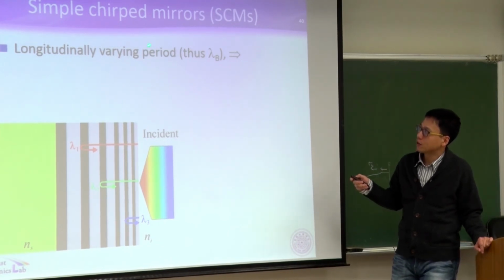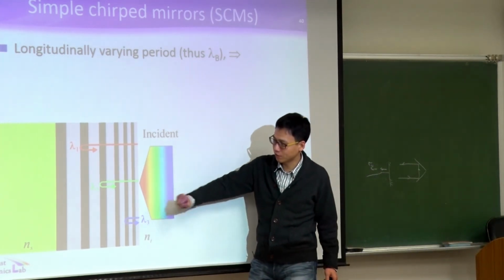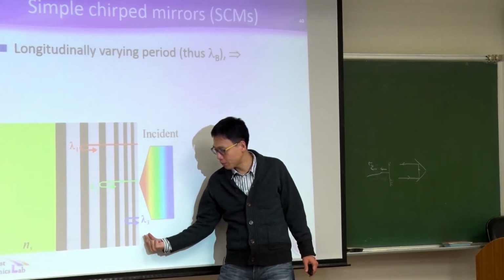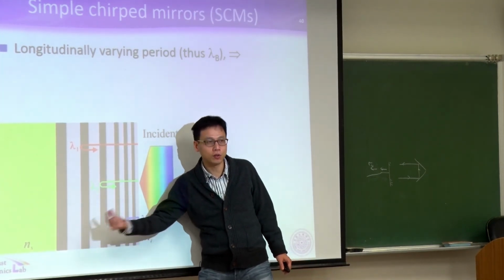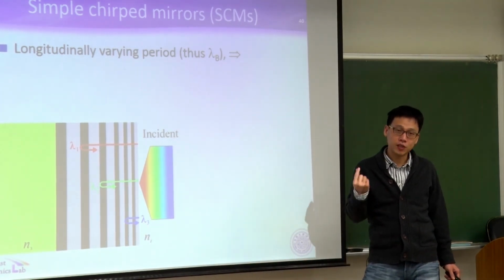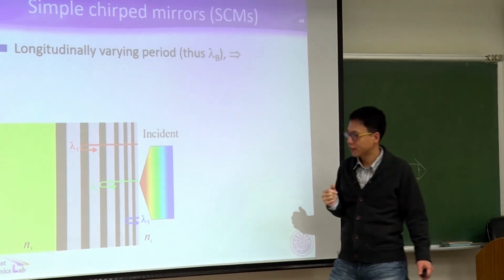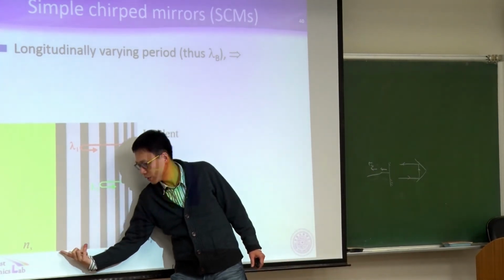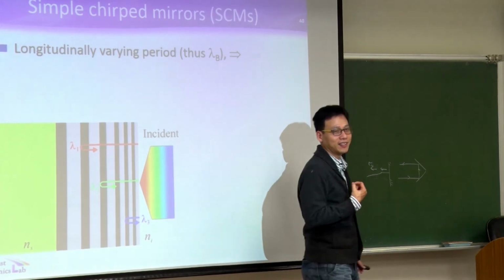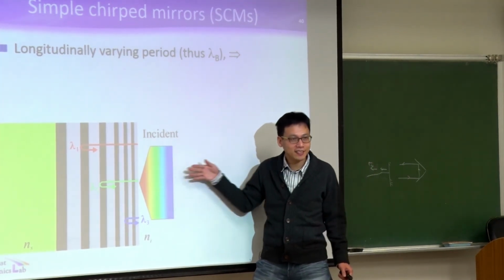longitudinally varying the period. Okay, so I illustrate the idea like this figure. This is your substrate. Standard DBR, you have N1, N2, N1, N2 all the way. Okay, and the period is fixed. But here, the period is chirped, right? So you have large period here, smaller and smaller. Okay, and if your incident spin is from the right-hand side,